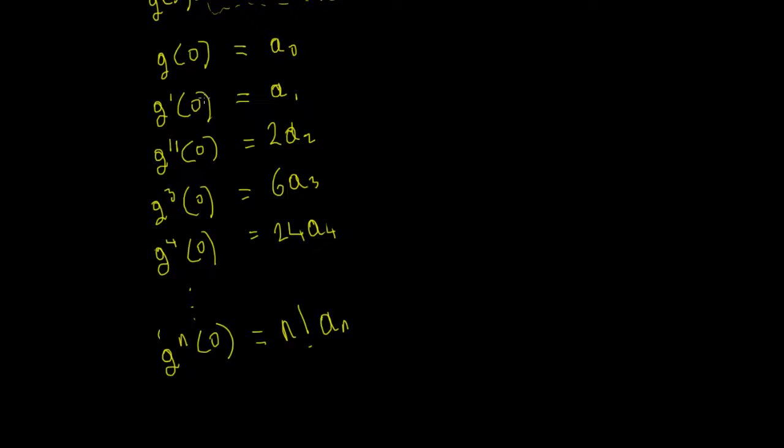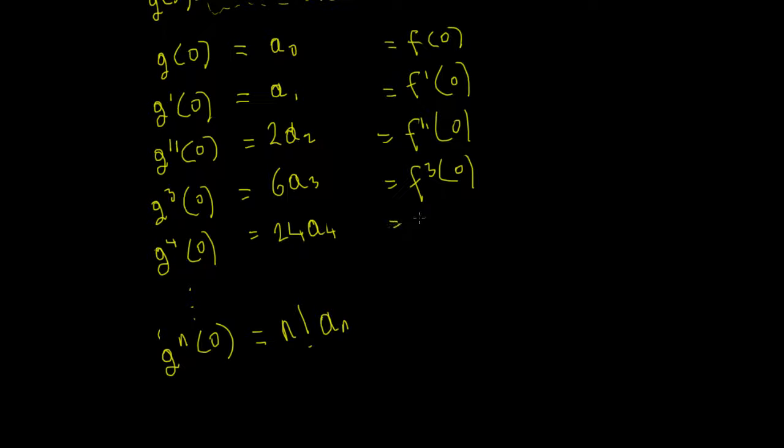So we want to make sure that each of these terms equals our function that we're trying to approximate: f of 0, f derivative of 0, f double derivative at 0, f3 at 0, f4 at 0, up to fn at 0. So from there we can say that